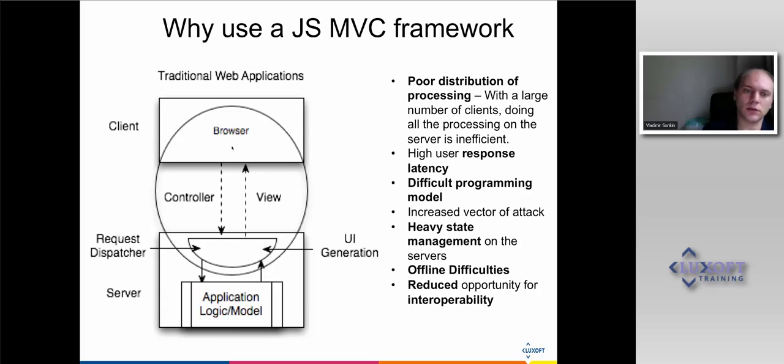What are the drawbacks of this approach? The first drawback is that we are putting all the load on the server, and it means that the server is heavily loaded in the case of a big number of